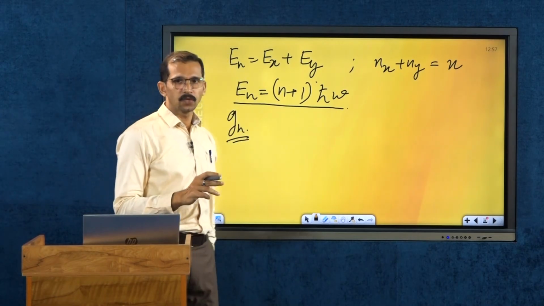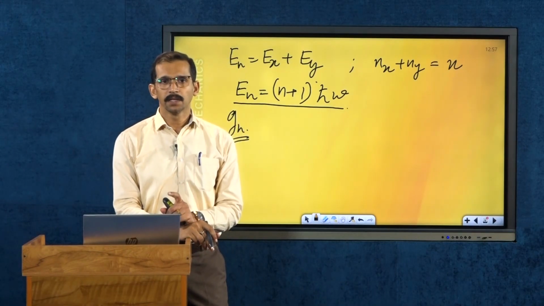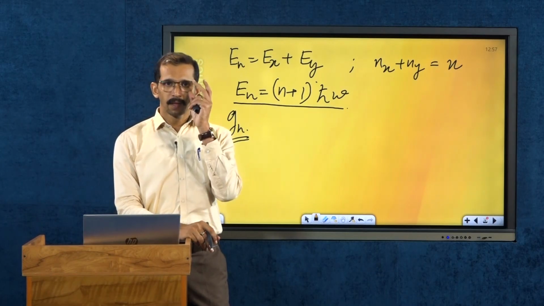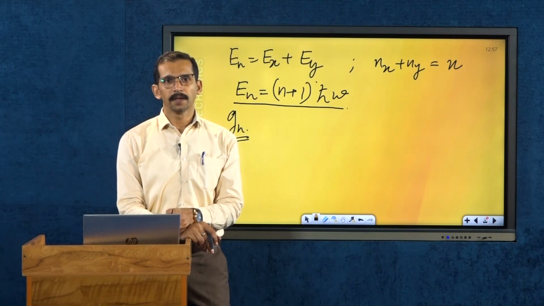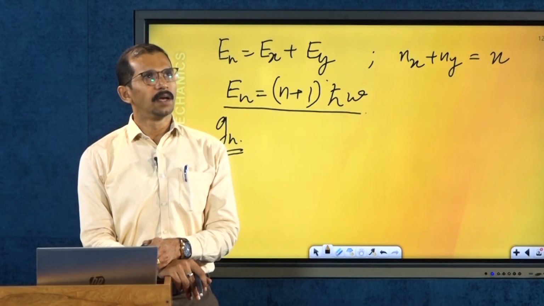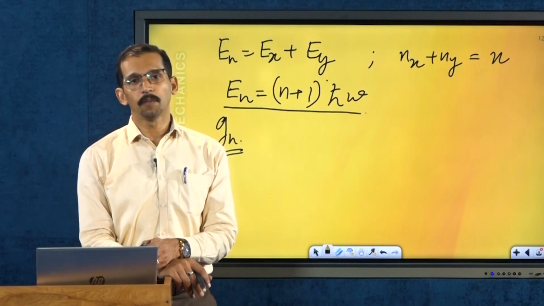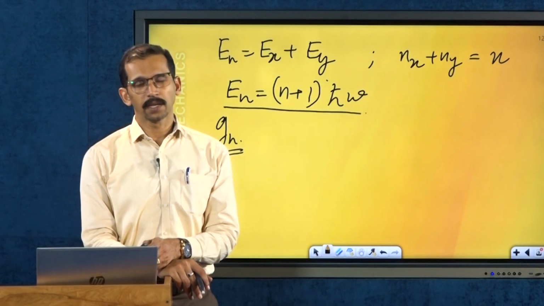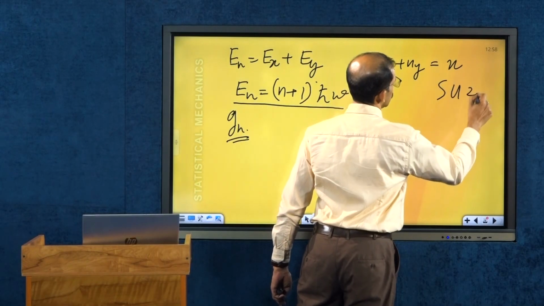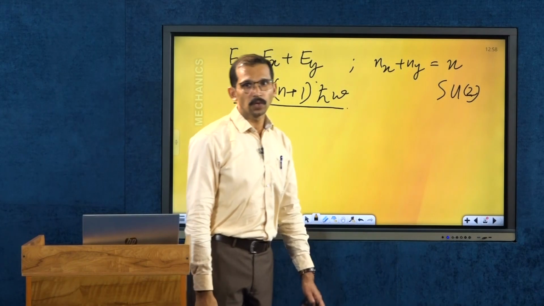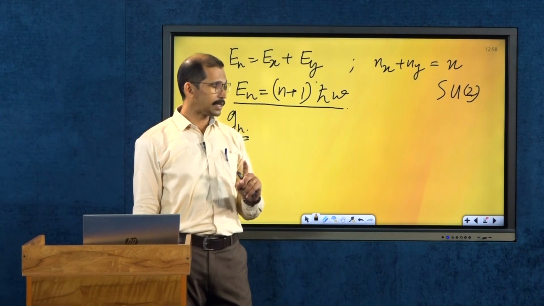Now here in the case of the quantum mechanical case, the evaluation of the Gn is a bit tricky. We can have different kinds of expressions for that purpose, and many times we need something called the unitary operations in order to carry out that kind of analysis. You know the unitary groups, right? SU(N) unitary groups. This kind of unitary group analysis will be needed to calculate and to determine in an exact manner